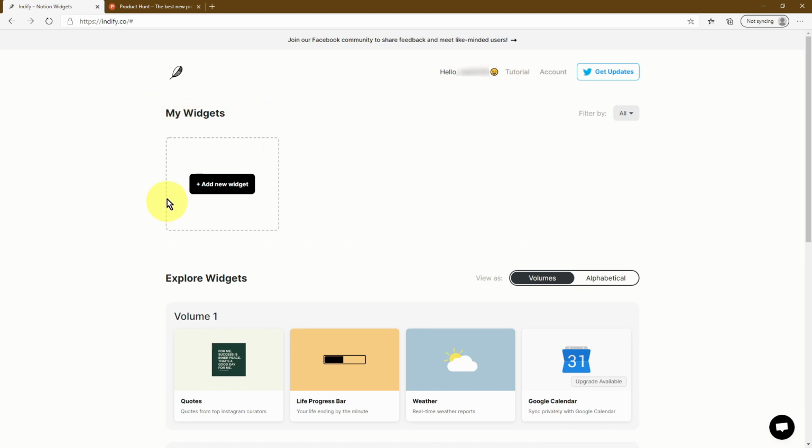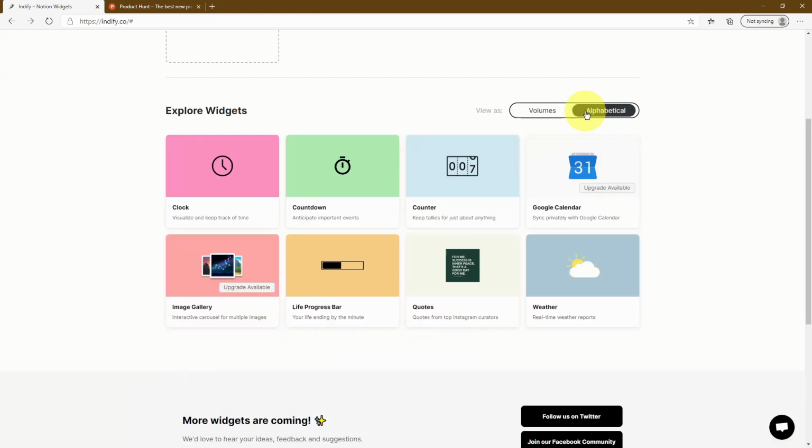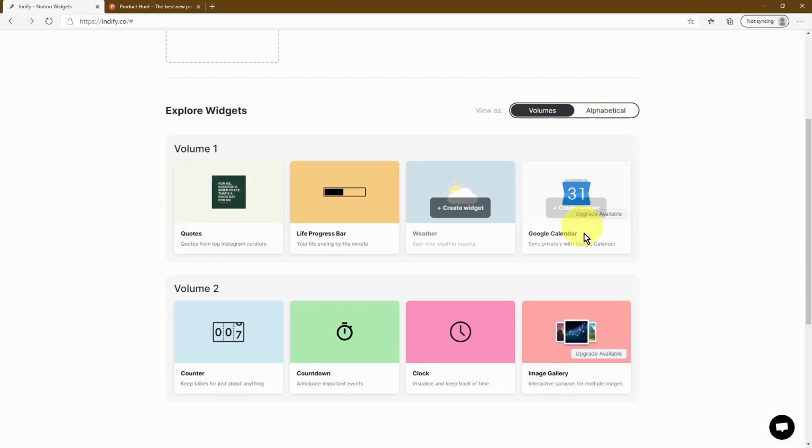The first section is where you'll see any of the widgets that you already created. Then you can explore the widgets in 2 different ways: one is based on volumes, and the other is in alphabetical order. At the moment, they have a total of 8 widgets that you can use, and 2 of them, the integration with Google Calendar and the integration with the image gallery, are paid widgets, whereas we have 6 options that we can choose that are completely free, and those are the ones that we're going to be going through